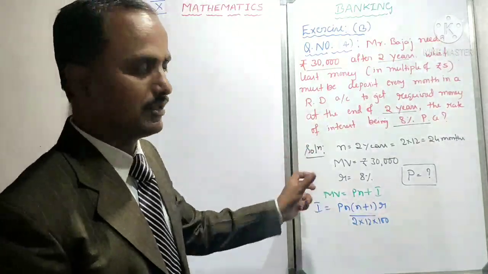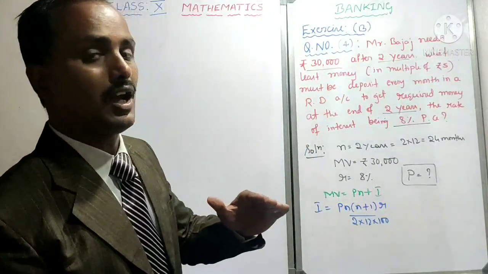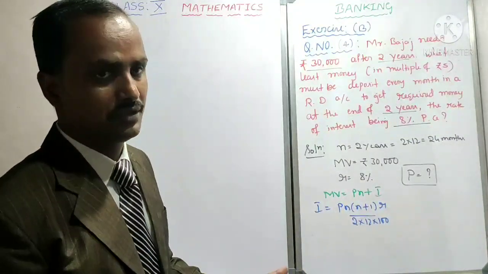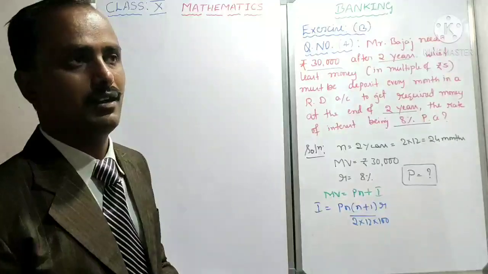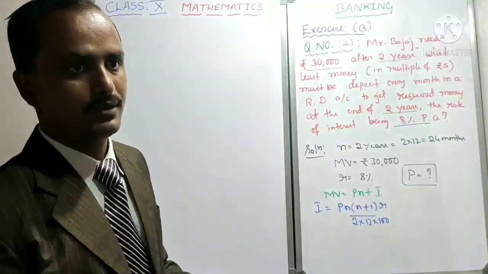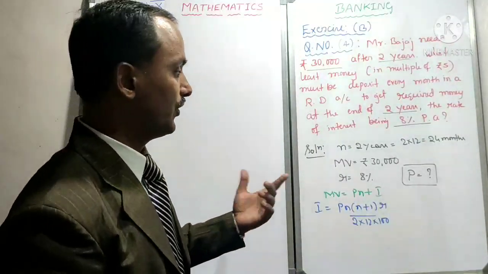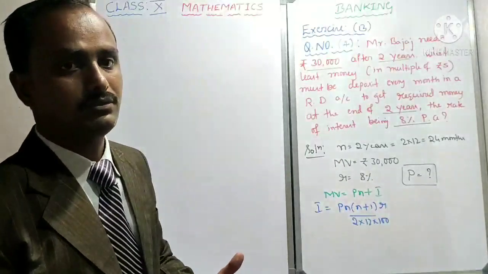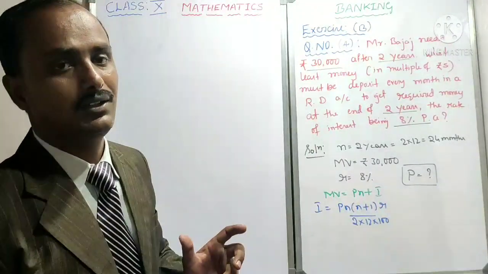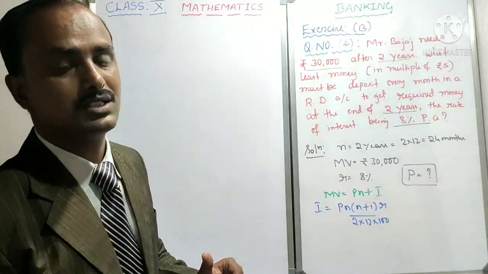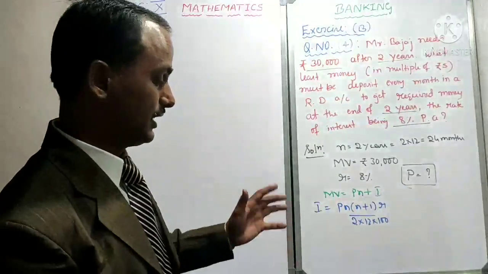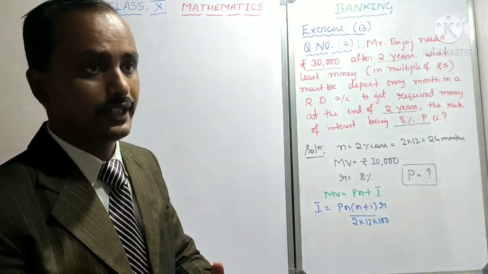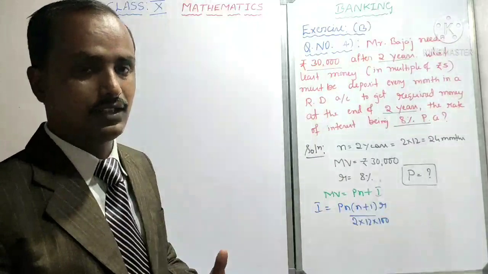But now I am solving a mixed problem. First I solved based on how to find the maturity amount. Second, based on rate of interest problems. Third, based on how to find the monthly installment. Fourth, time: how much time, if I deposit this amount every month, will I get this amount. This type of problem also, I explain neatly which method to use and how to take the formula.